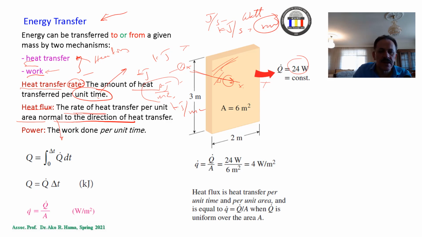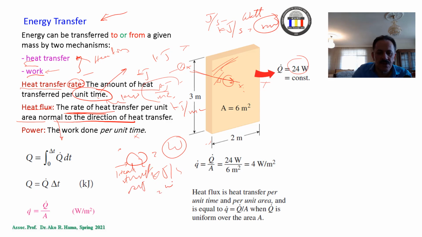It's the heat rate, the rate of heat. It means how much kilowatt has been transferred from point 1 to point 2. So basically we have the Q, which is the watt. This is the kilojoule per second that has been transferred. This is called heat transfer, and by the way, this dot means the rate. This is the heat transfer rate,